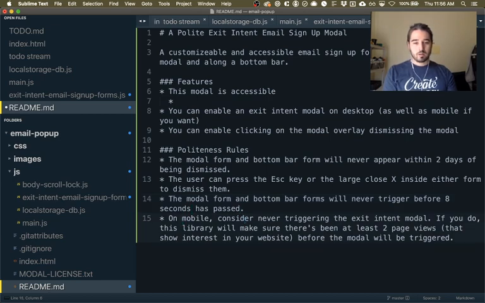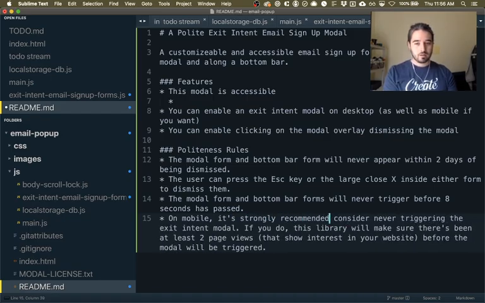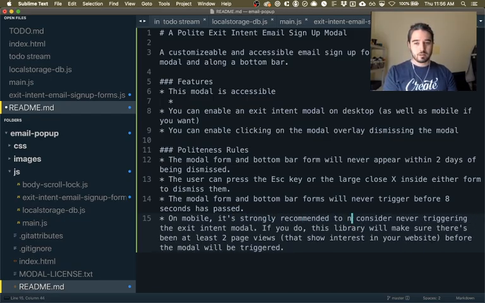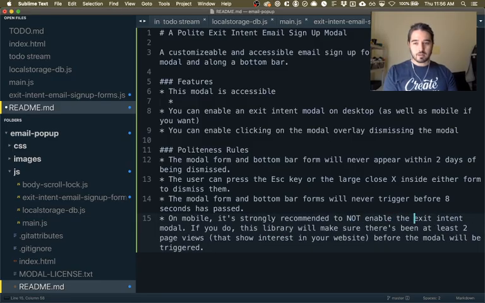On mobile, it's strongly recommended to not enable the exit intent modal. If you do,